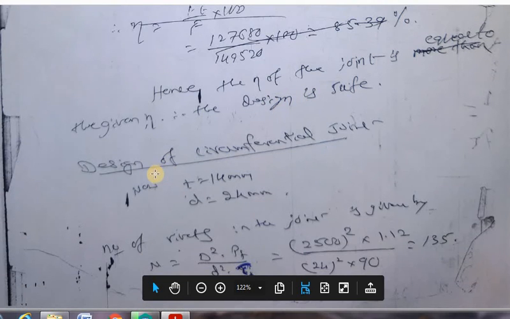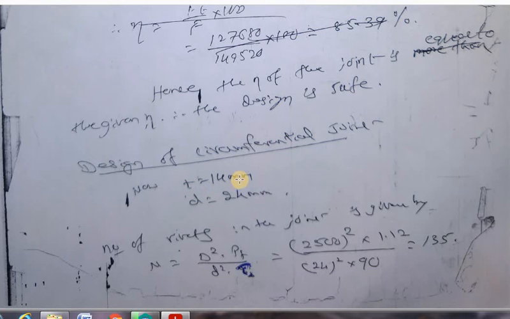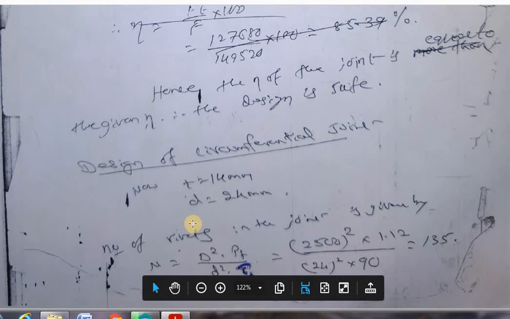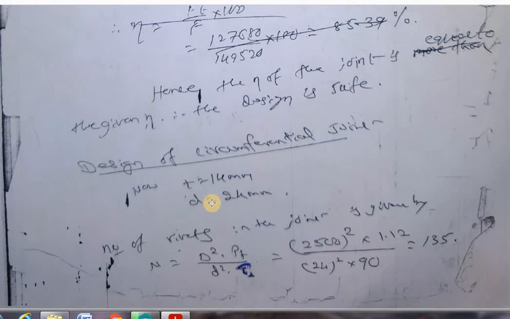Now I will go for design of a circumferential joint. So in this joint, since the plate to be used is the same, the diameter of the rivet is also the same. So now I cannot change the plate, I cannot change the rivet. So these two steps are going to be avoided now. Only in the circumferential direction, how many rivets are to be used, because the length of the plate is not known exactly. So in a longitudinal joint, we do not calculate the number of rivets. In a circumferential joint, the 2.5 meters circumference is fixed. Therefore, I must know how many rivets are required in the circumferential direction.